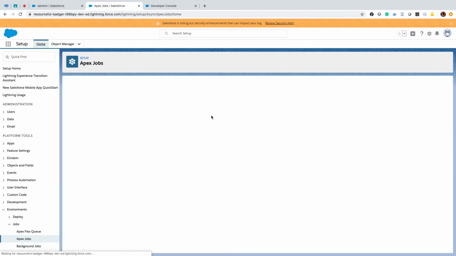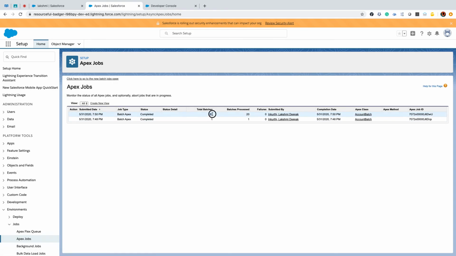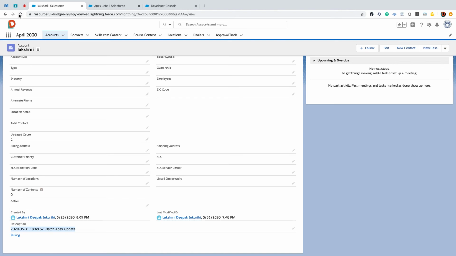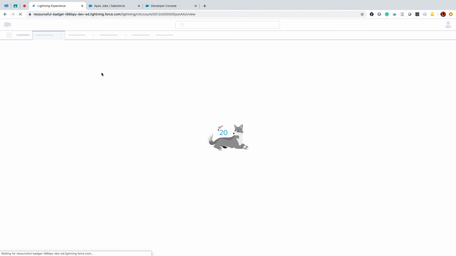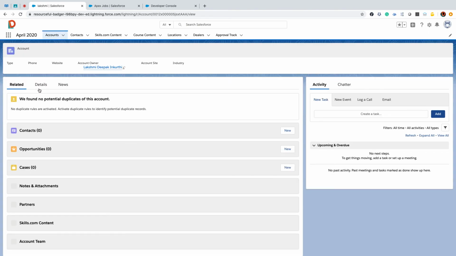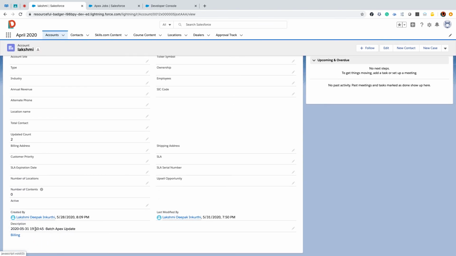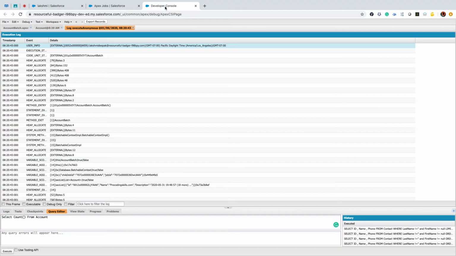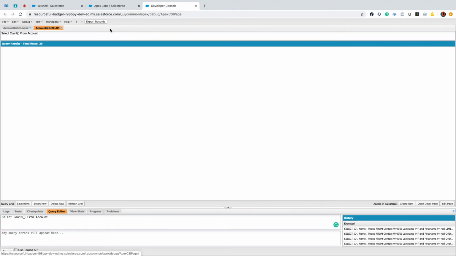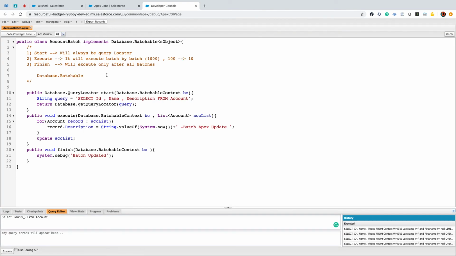Total number of batches, 20 records. So what's the time we had here? 57 seconds, 48 minutes. Details. So you understand, if you want to pass your custom size,